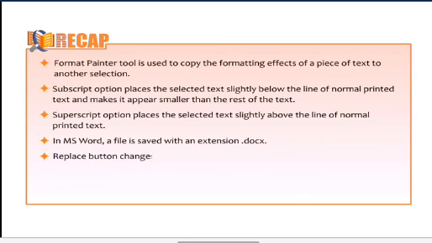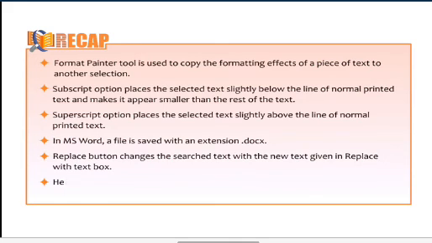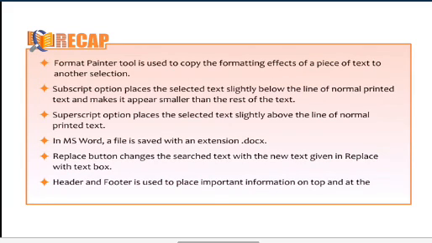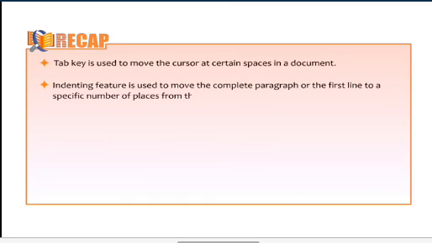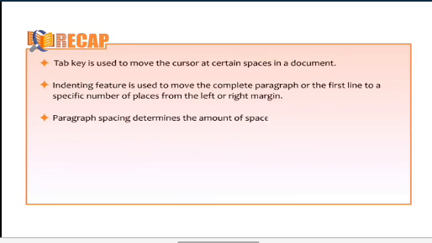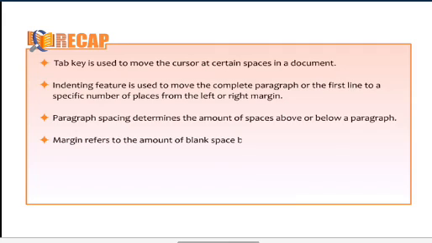Replace button changes the search text with the new text given in the Replace with text box. Header and footer is used to place important information on top and at the bottom of every page respectively. Tab key is used to move the cursor at certain spaces in a document. Indenting feature is used to move the complete paragraph or the first line to a specific number of places from the left or right margin. Paragraph spacing determines the amount of spaces above or below a paragraph. Margin refers to the amount of blank space between the edge of the page